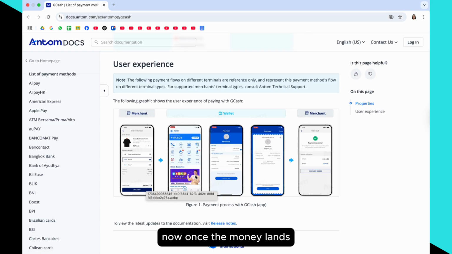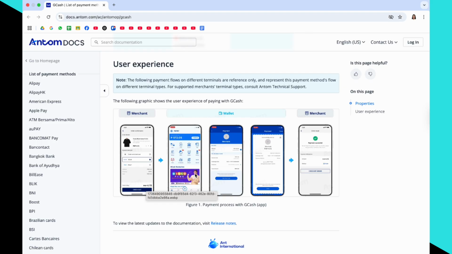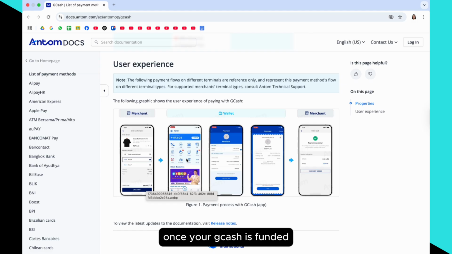Now, once the money lands in your linked bank account, you'll need to use that as a bridge to move the funds into Gcash. Just open your bank's mobile app or online banking platform and transfer the money to your Gcash account from there. Once your Gcash is funded, you can now use it for payments, transfers, or any other